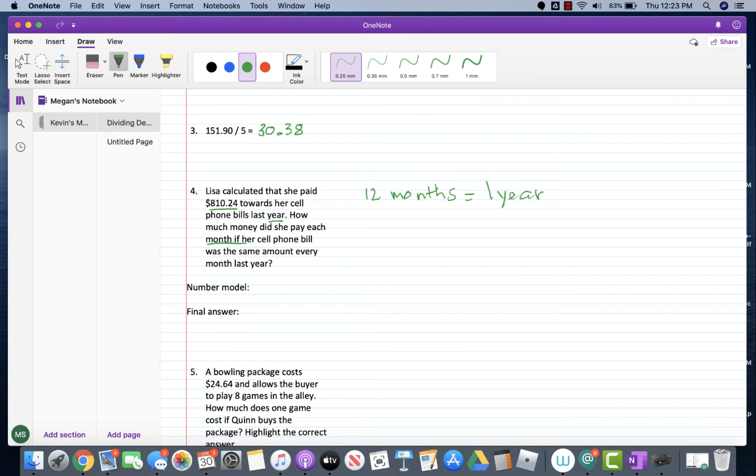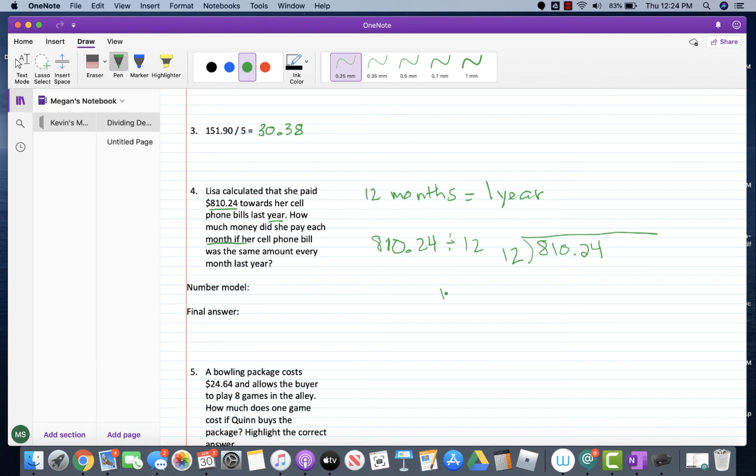So we're told that she paid a total of $810.24. So this is my problem. $810.24 divided by 12. So we can set this problem up to prepare to divide. 810.24 divided by 12. Okay, so 12 goes into 81 how many times? Well, I think I'm going to actually try